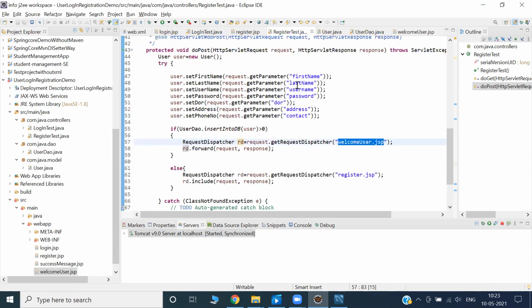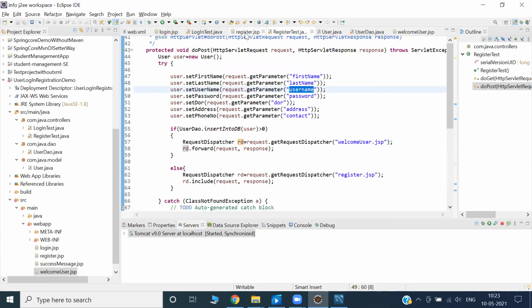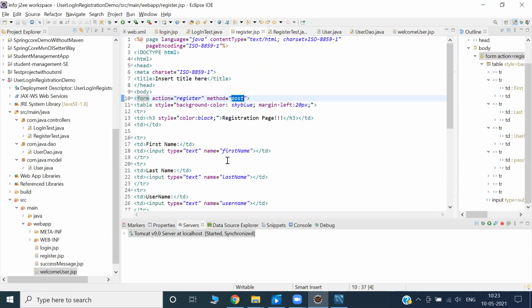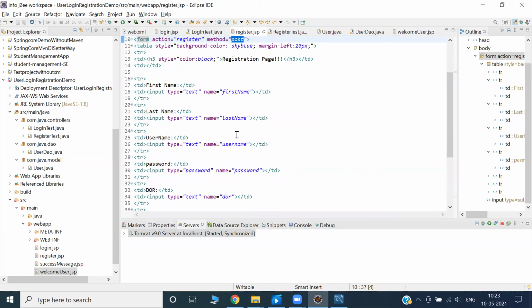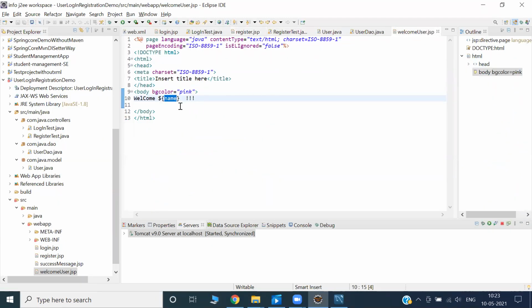Name. I have to go to the JSP page, register. Is there anything called name? First name. So how can I get at least the username? Okay, copy the username, because this is transferring from servlet to JSP, right? I'm using the request dispatcher. Jyoti, you've already done it in a different example, right? Yes, sir. Because I have to use username. Let's see this time.